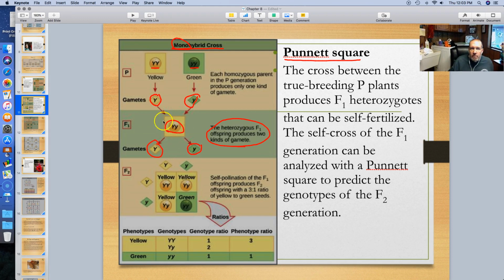We then self-pollinate these heterozygous dominant offspring from the F1 generation, and we split their alleles out, right? That parent gives one of those and one of those, and then another individual gives that allele and that allele. So again, there's more than one of these individuals that are each giving 2 of their alleles to their potential offspring. And then again, basically we have the Punnett square here at the bottom,